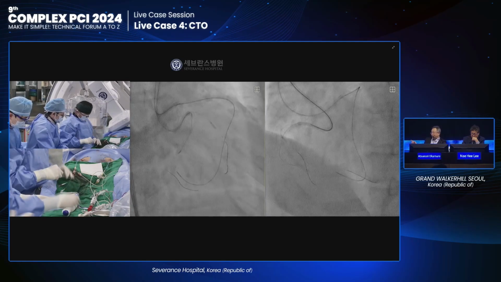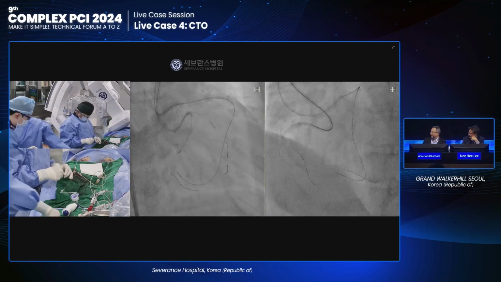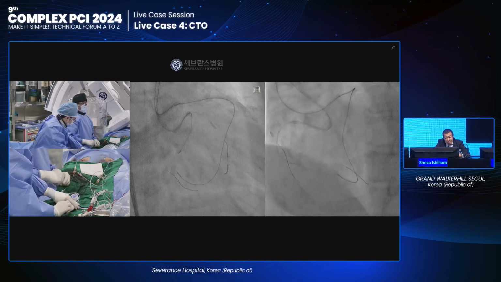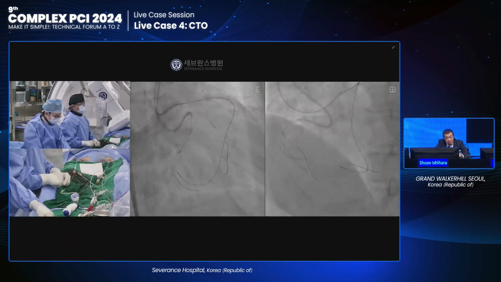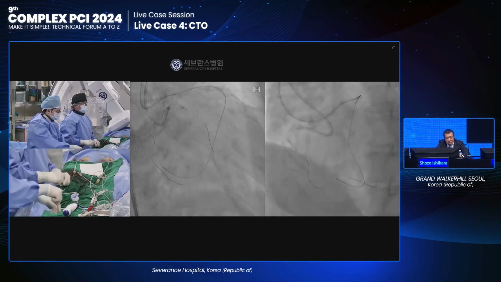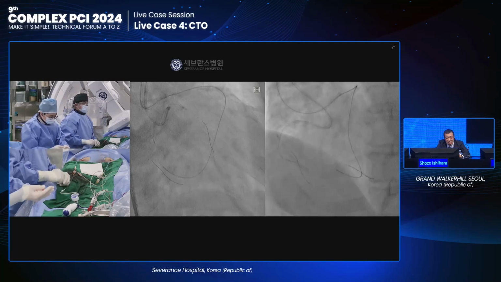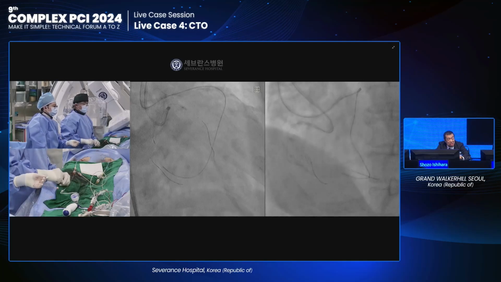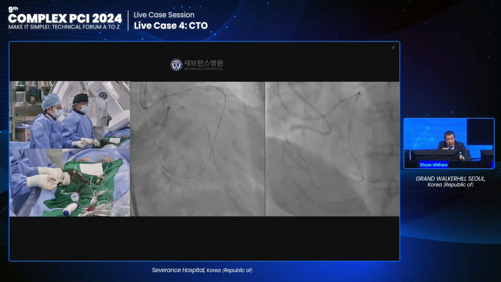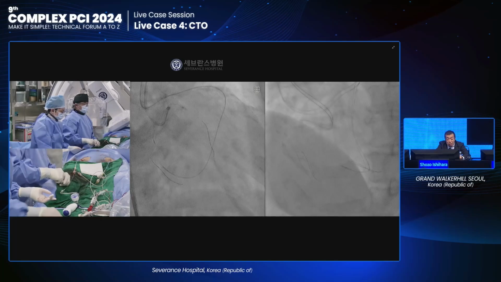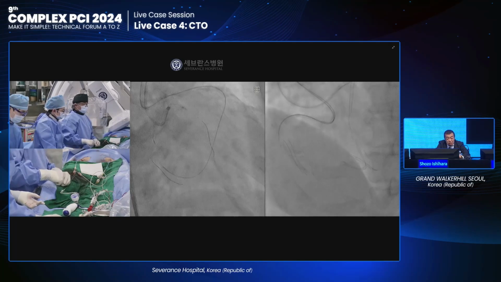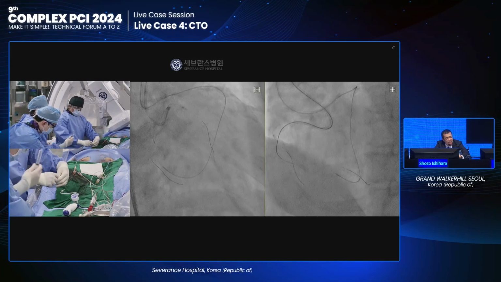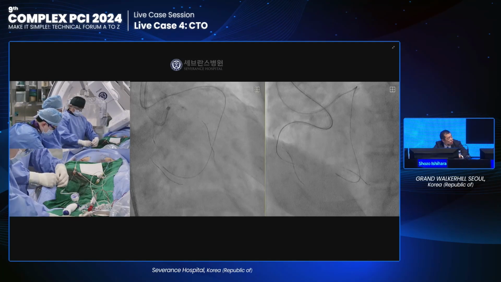So are there any comments from Dr. Ishihara? Yes, I totally agree with Dr. Kim and Dr. Okamura. I start from UB3, but after that, if the lesion length is such that the wire is advanced and it is nearly at the distal exit, at that time I choose the Gaia to puncture the distal cap, with the information of the retrograde microcatheter injection. But at this point we can see a little bit longer length, so before the Gaia I will choose the Gladius